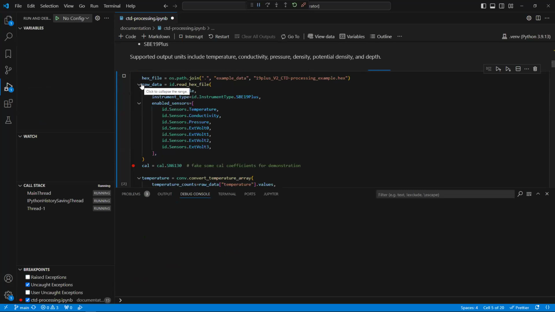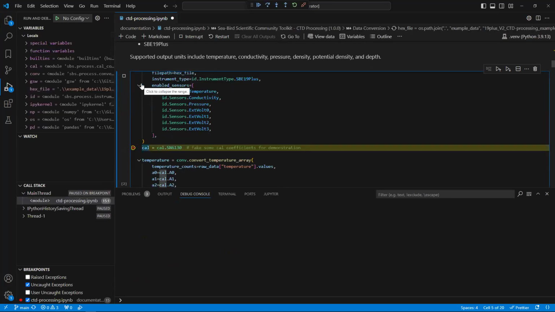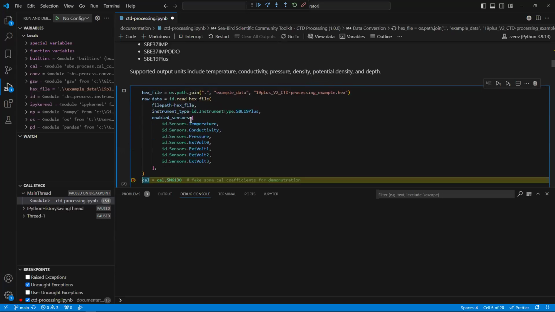This is going to fire off the debugger and begin execution of the cell. This takes a little bit of setup time. And now you can see execution has stopped at the breakpoint that I specified and has run through these functions up at the top, creating a hex file path, which you'll also notice there's a section of variables over here on the navigator bar side of things with the path that we've created to the input hex file that we'll